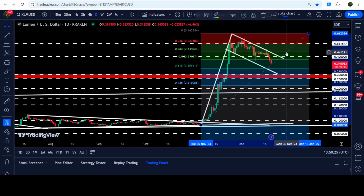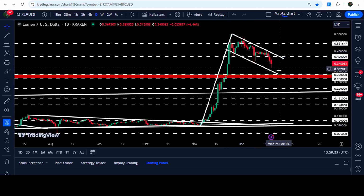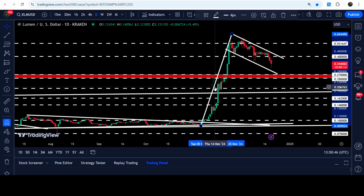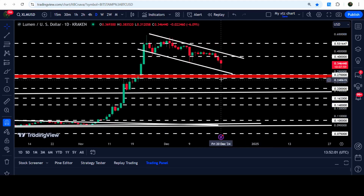However, there is still a possible down channel formation. You can see that we had a bounce here, so many rejections by the resistance, then we had another bounce here, and now if we have another third touch point at the support and another bounce from here, from this downtrend and support, then this down channel formation on the daily time frame chart will be confirmed. However, this bull flag is now invalidated, and now the price can also test this long-term support zone